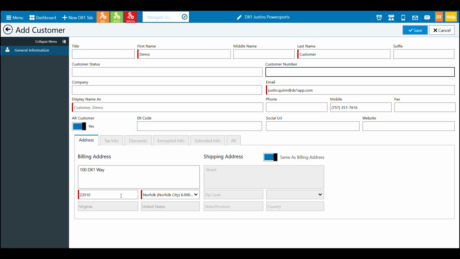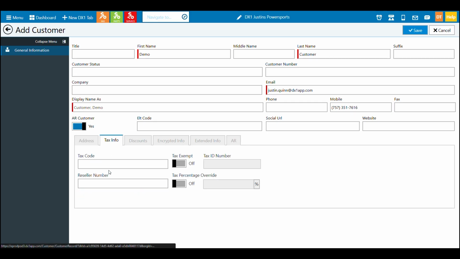I'll put in an address, the required zip code. Now, when you put in a zip code, you want to make sure to use the drop down here to make sure you're selecting the right rate. In some places, they have taxes for in city or out of city, and those may vary. So just make sure when you're adding the customer, you ask. Once you do that, if there's a shipping address that they like to use, you can set it the same as a default, but you could untoggle it and have a different shipping address.